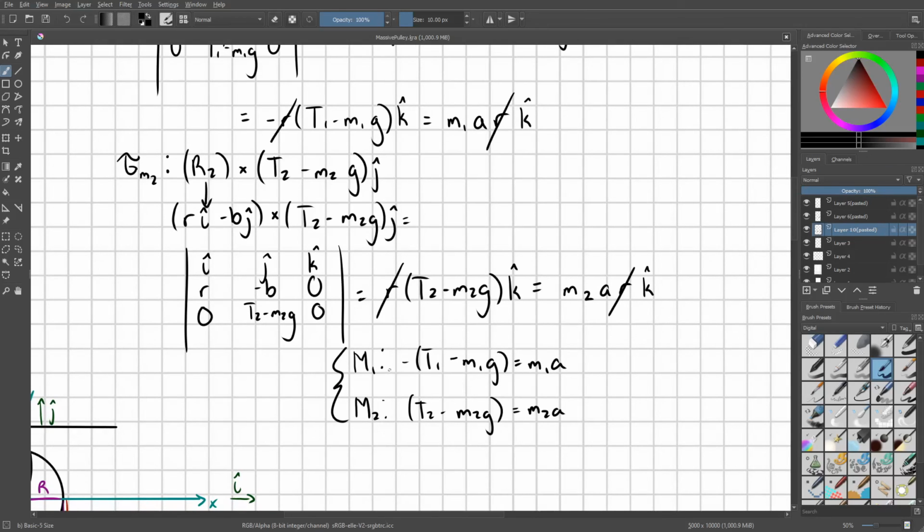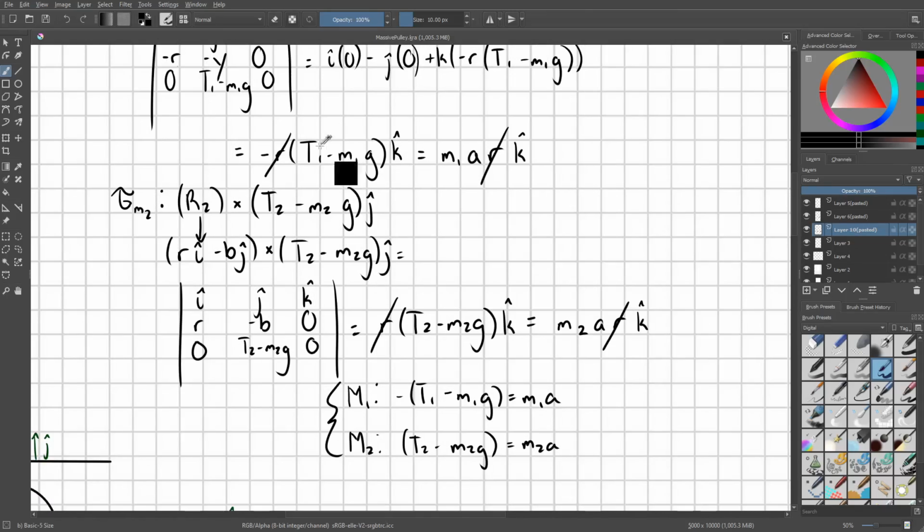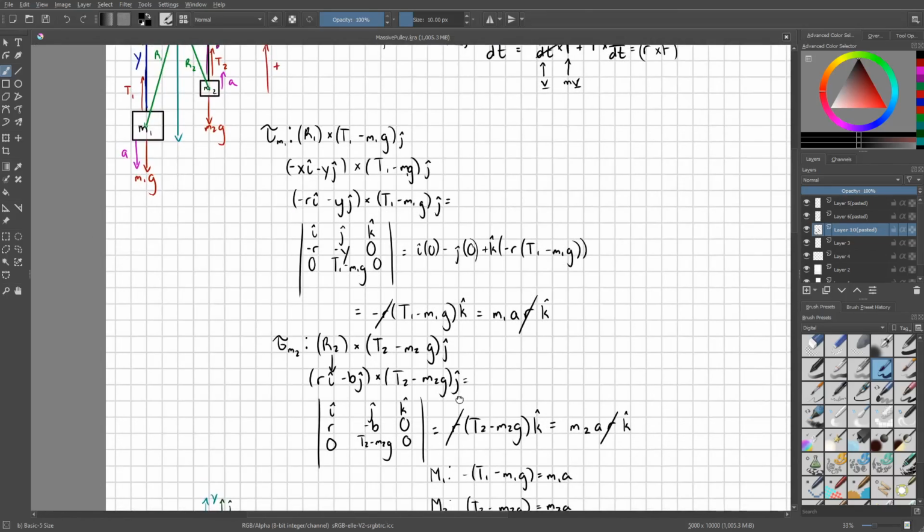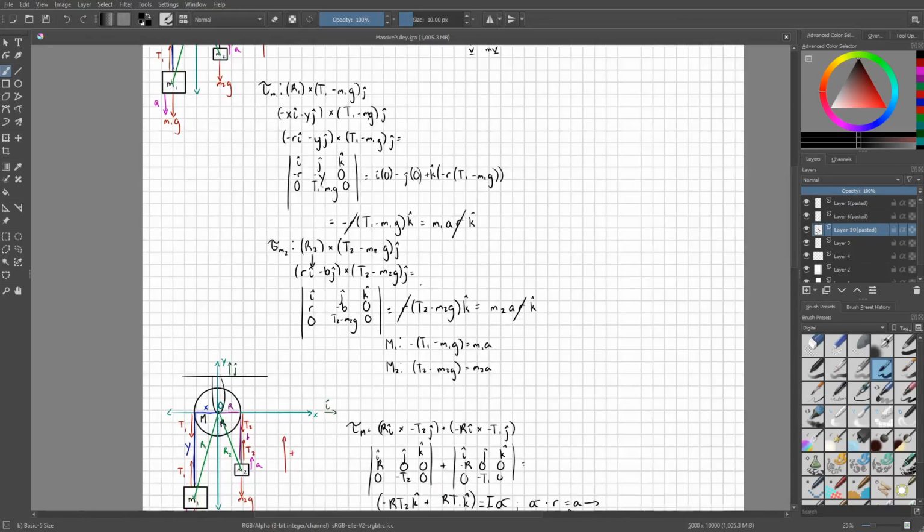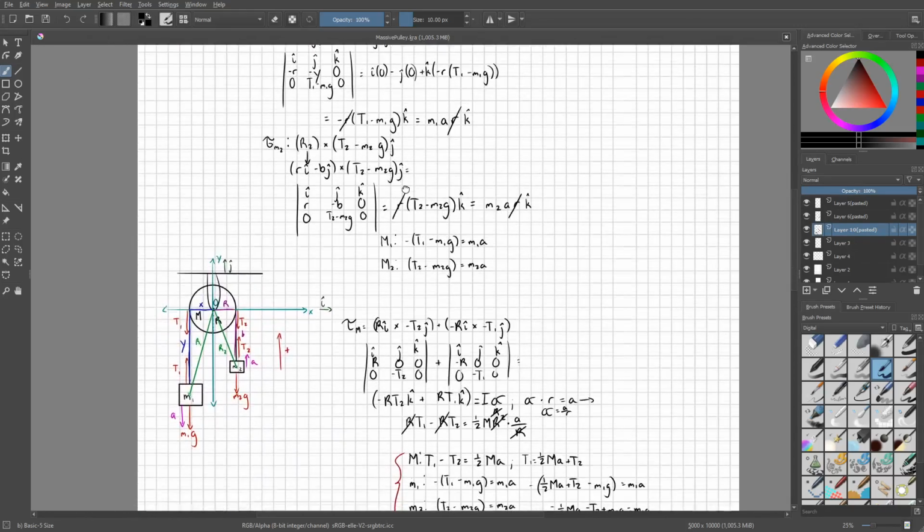It would take me 30 seconds to come up with those if I just did some quick free body diagrams. But I wanted to demonstrate using torque in all components of this